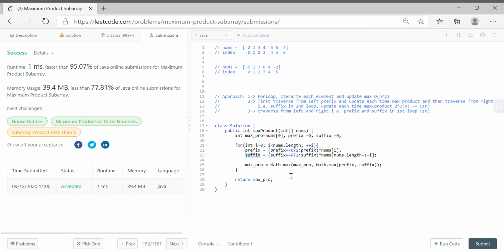Overall, that is what we need to take care of. We need to remember, if we move from the left and somewhere my current element is negative, then we assume that if somewhere we get another negative, it will become positive. If our current element is more than 0, then if in future we get more than 0 element, it will produce a higher product, right?